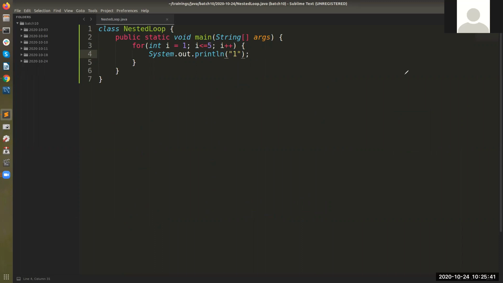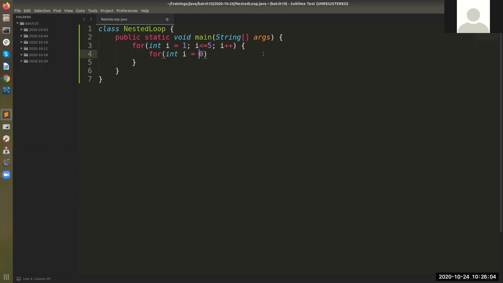Now what happens if I do not print a 1 over here and instead I run one more loop inside this? That loop is also going to print a value of 1, right? So 5 times. So I'm going to say int. There I have kept a variable I. I'm not going to take the variable I is equal to 0 again.